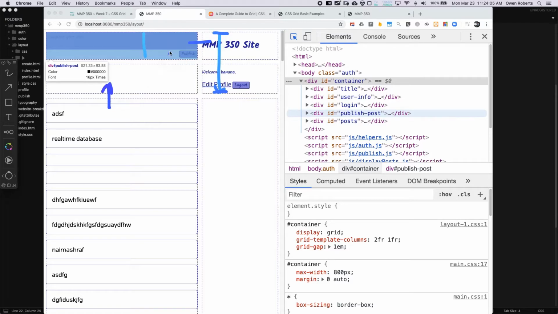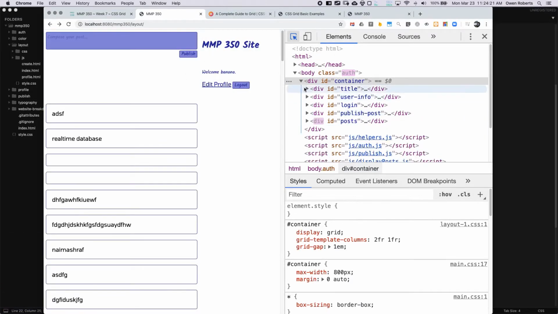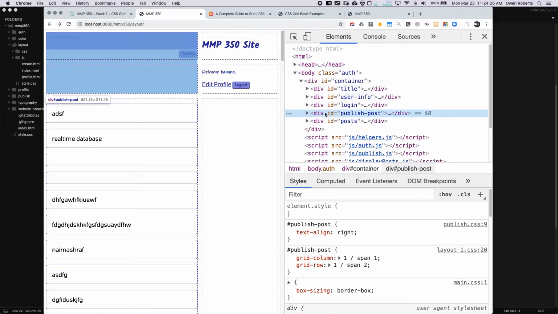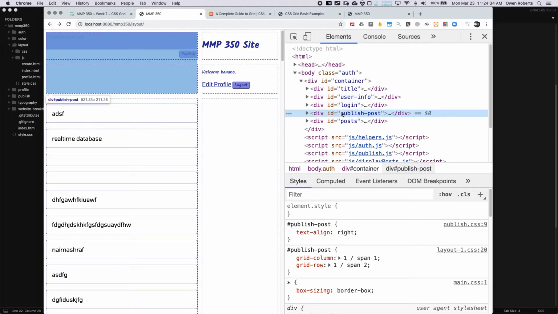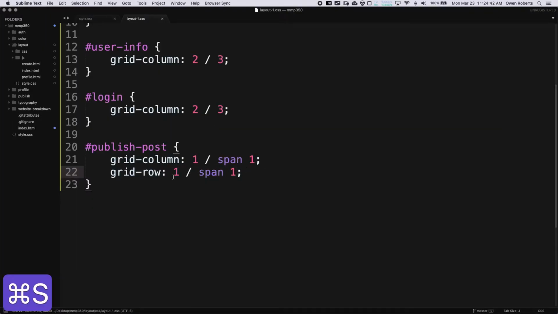But if I want more space for this publish section, I could also move that guy down by spanning 2 rows. Okay, so I can go back and say span 2 instead of 1. And now that publish section will span 2 rows. So the content doesn't actually make up that much space, so maybe that's not going to work. So we could make it a little bigger if we wanted to, but we can leave it the way it is. The other thing that we can do, I can leave this as 1 span 1,